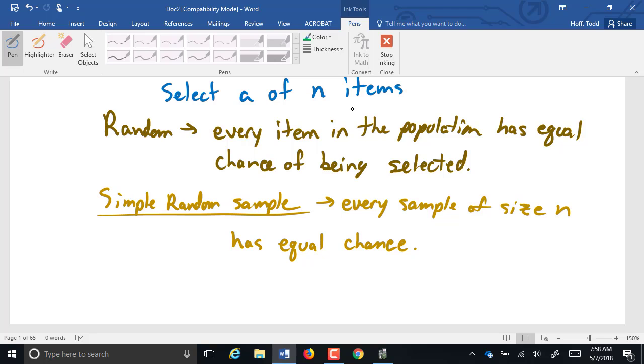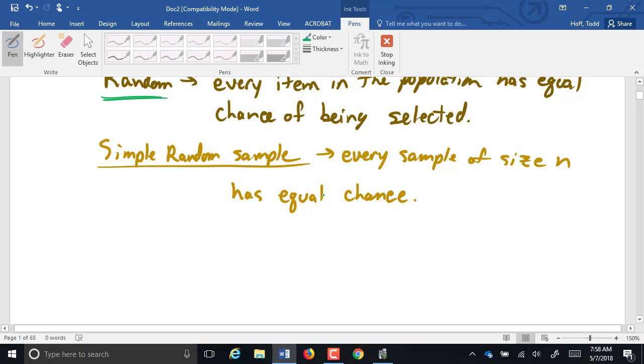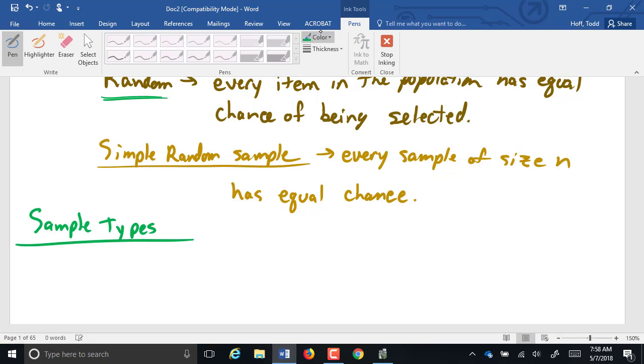But it's possible to have a sample if you're randomly selecting. It would be possible to have a sample where you did take two parts in a row. So manufacturing often is not a simple random sample. It is random, but not a simple random. Let's take a look at the differences. I'm going to look at some potential sample types, and then we'll classify them as random or simple random or neither. We're talking about something called the convenience sample.